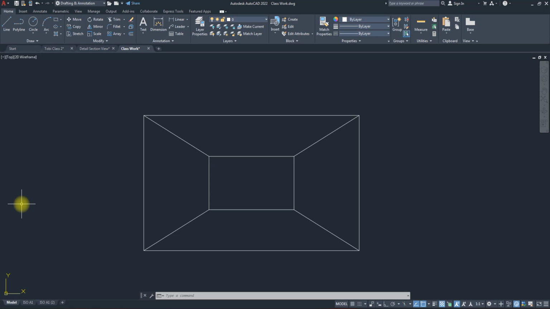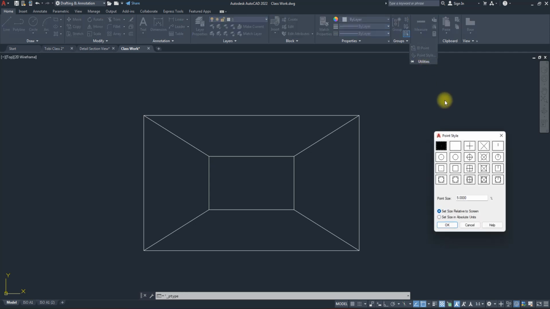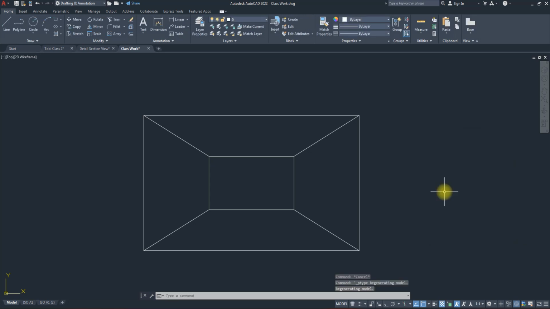Remember the divide, measure, all those things. That's what I'm going to simulate. So let me go to my multiple points. Remember, we talked about this multiple point, right? So if I go to my multiple point style, I want to choose this style, then bring this down. So maybe 2,